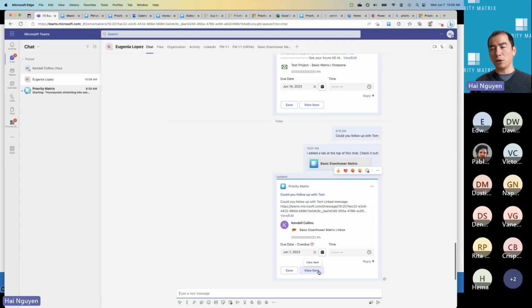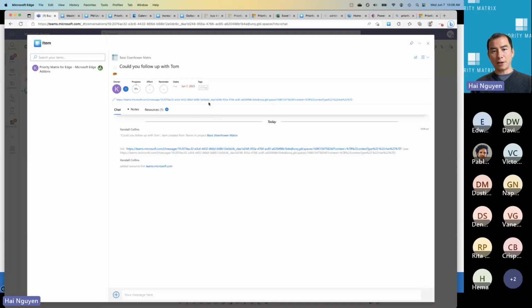They can click on view item and open the Party Matrix action item, or they can save it as a task, or they can actually modify it directly from here. Again, I don't even have to jump into Party Matrix to make all these changes. I'm literally doing it inside the Teams conversation. You see how if I open that, it actually opens this up, and now I can change, I can add